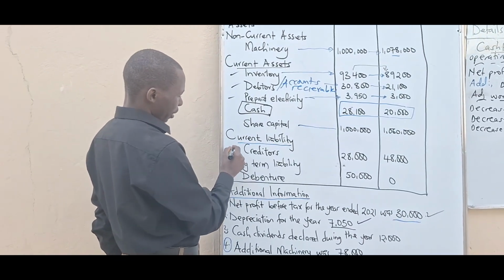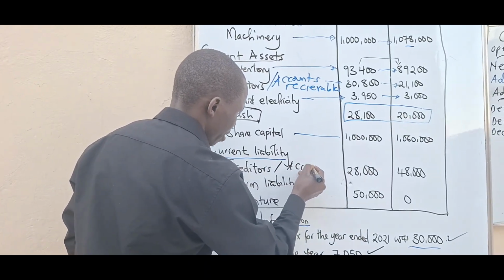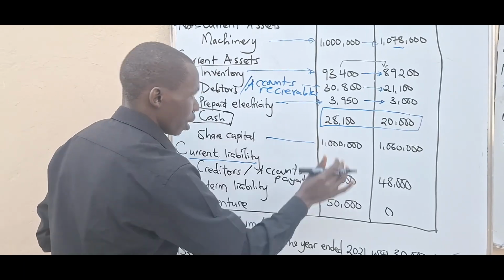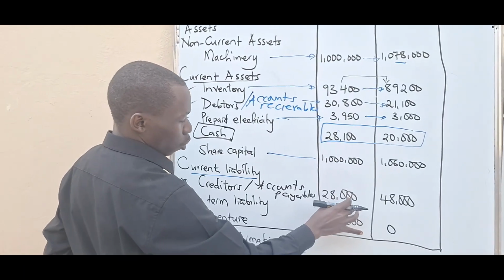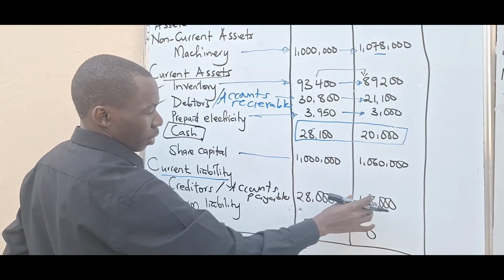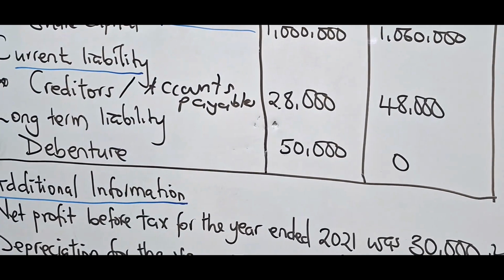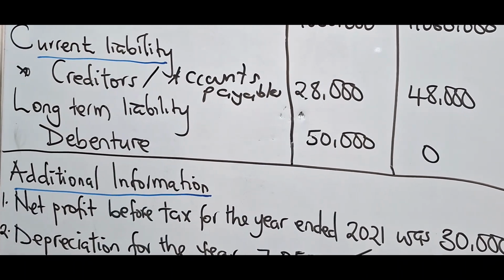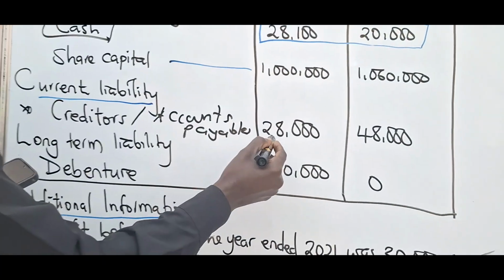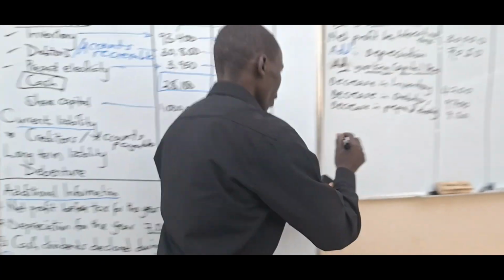Here we have only one item, that is creditors, or someone may call this accounts payables. In 2020, it was 28,000. Then in 2021, it went to 48,000. Are you seeing this is an increase? We have been looking at decrease under current assets. For current liability, now it is increasing from 28 to 48. You bring here